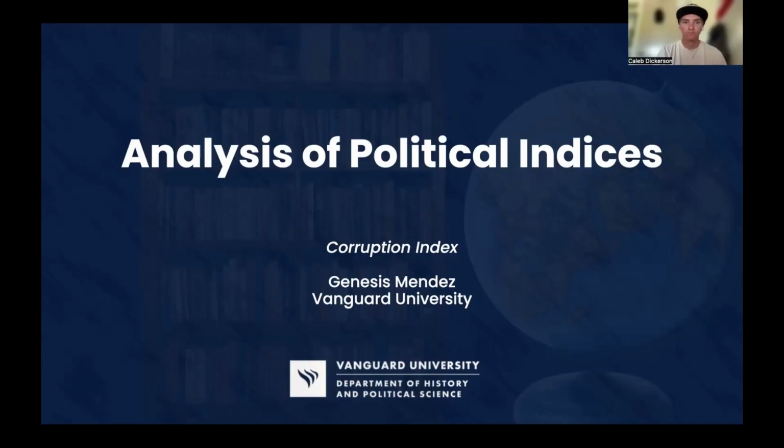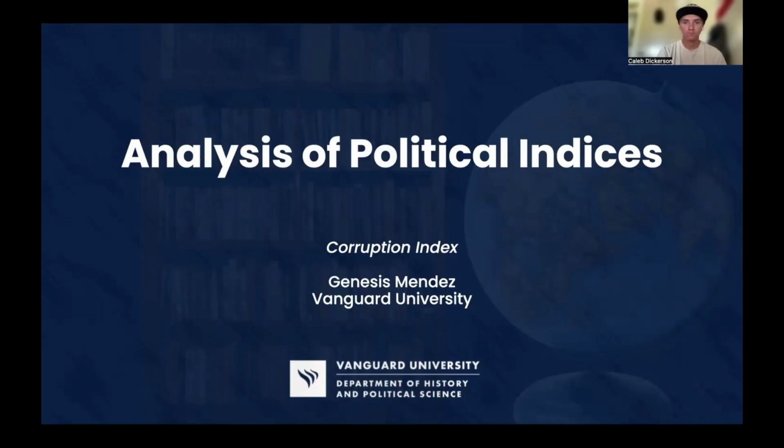Yeah, so I want to briefly talk about what the corruption index actually measures and who publishes it. So the Corruption Perceptions Index, or CPI for short, is created by Transparency International, and it measures how corrupt a country's public sector is perceived to be. So it uses a scale from 0 to 100, where 0 means that it is highly corrupt and 100 means that it is very clean, in their own wording.